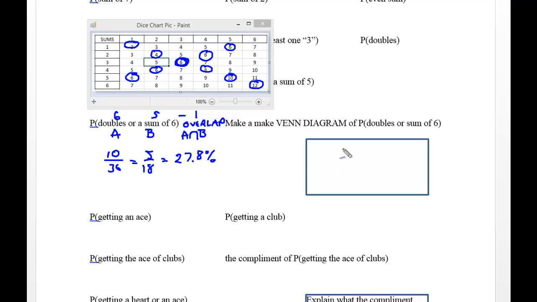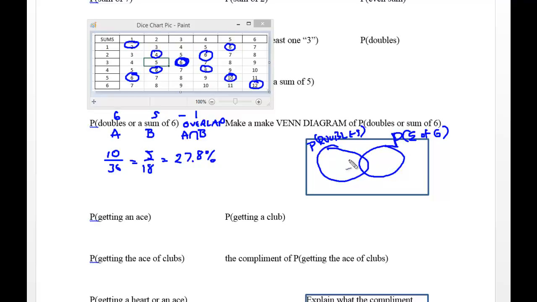Now what I want to show you is the Venn diagram, and the Venn diagram, wow, those are good circles, not. The Venn diagram is going to be looking at the probability of rolling doubles. That's P of doubles, so the probability of doubles, and P of the sum of 6. I'll use the sigma to simplify that. And now what I'm going to do is set up all the possibilities of rolling doubles and the sum of 6, but in the intersection here, that A intersect B, this little wedge here, I'm going to put where the